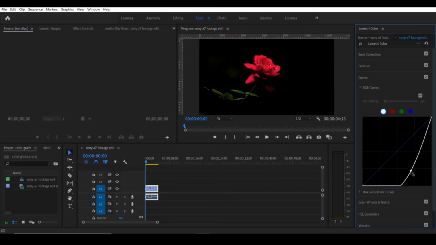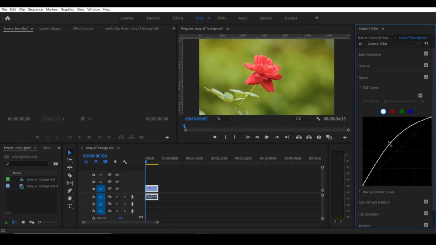If we dim this color, then the video looks very bad, and if we increase the color, then the video also looks bad. So I'm going to give it a middle value. Let me show you. I think this much is perfect. Okay, so this is perfect for this video, and let me show you.